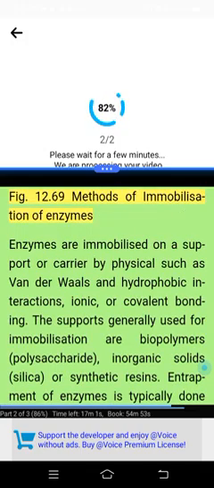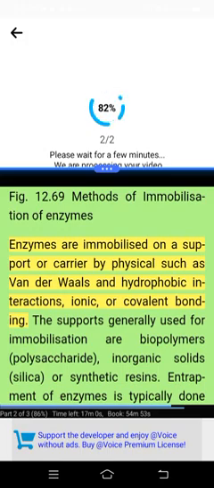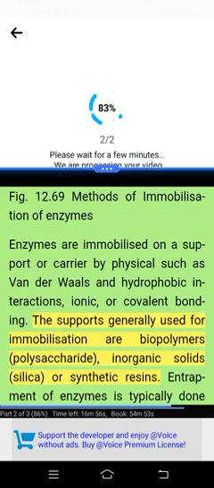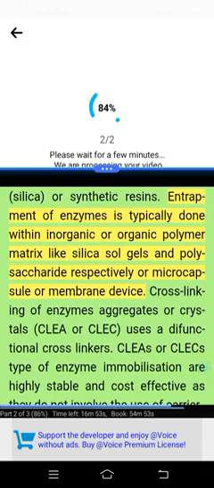Figure 12.69: methods of immobilization of enzymes. Enzymes are immobilized on a support or carrier by physical interactions such as van der Waals and hydrophobic interactions, ionic or covalent bonding. The supports generally used for immobilization are biopolymers, polysaccharides, inorganic solids, silica, or synthetic resins. Entrapment of enzymes is typically done with an inorganic or organic polymer matrix like silica sol gels and polysaccharides respectively, or